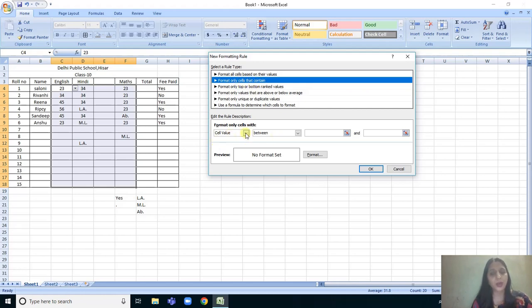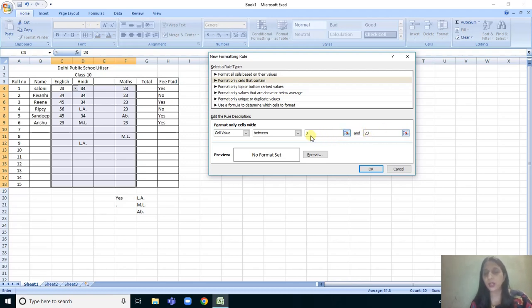Now here you will provide the value, cell value between 0 and 23. If my total marks are 23 or less than 23, those students are all fail. So I will put the value here 0 to 23. Then from this format button you choose the color.